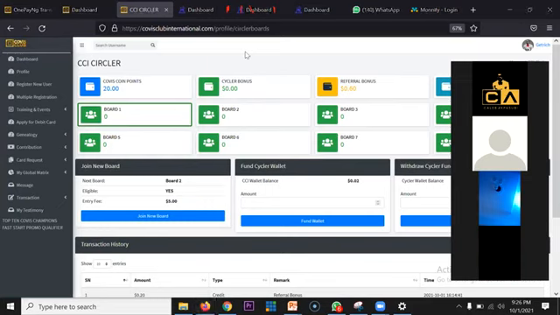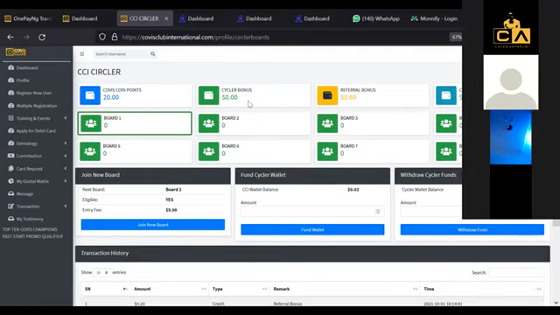Let me show you, okay, I think it's already showing. All right, so this is how the dashboard looks. As you see here, COVIS coin points, which is $20, 20 points. This is a testing account, because it's not launched fully. So this is just the pre-launch stage, though everything is set. We're just doing sensitizations and preparing everyone for the day we're going to be launching.